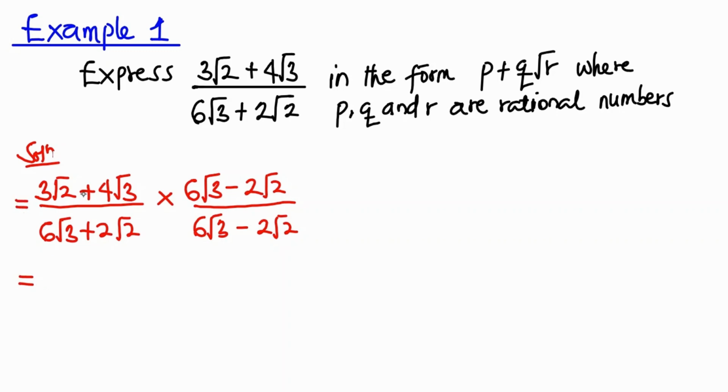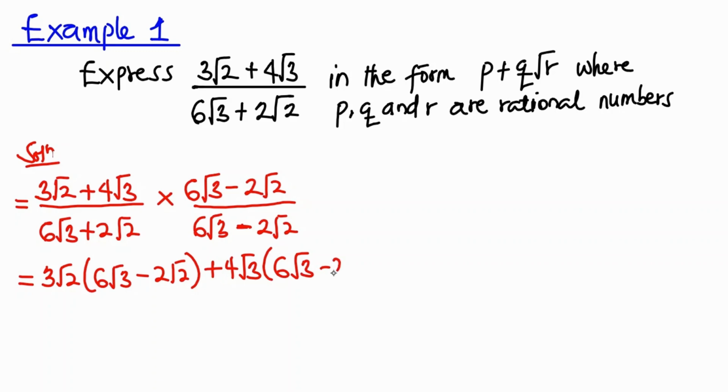So here we can multiply the numerator. Taking the first term, 3 root 2, we multiply everything on the right hand side, so we have 3 root 2 multiplying the whole of 6 root 3 minus 2 root 2. Now also take 4 root 3, which also multiplies everything here. So that is plus 4 root 3 multiplied by 6 root 3 minus 2 root 2. We complete the same process for the denominator, all divided by